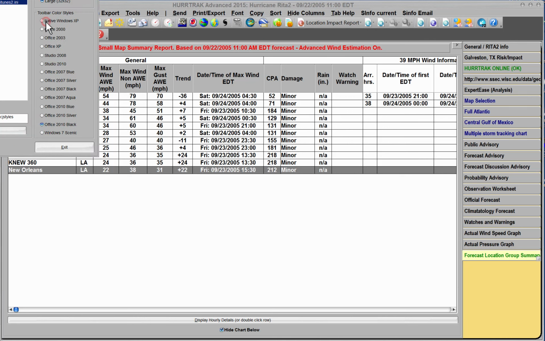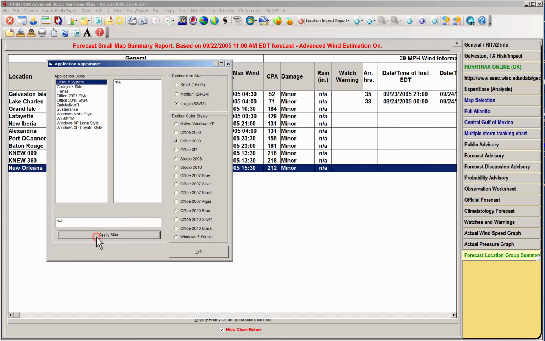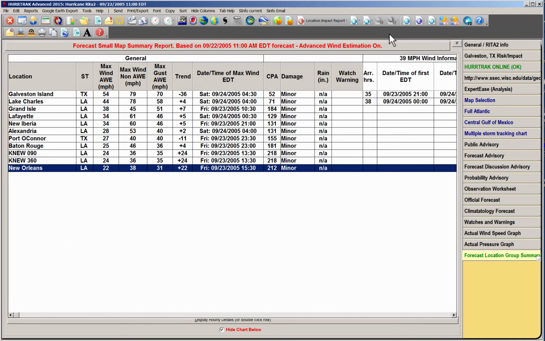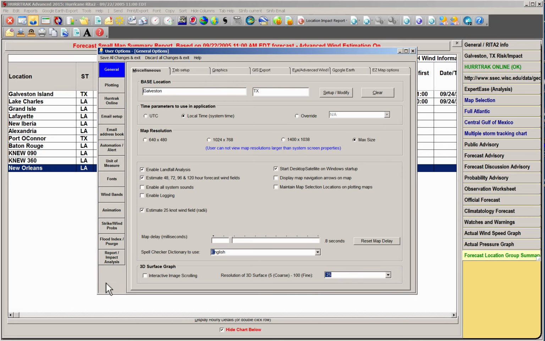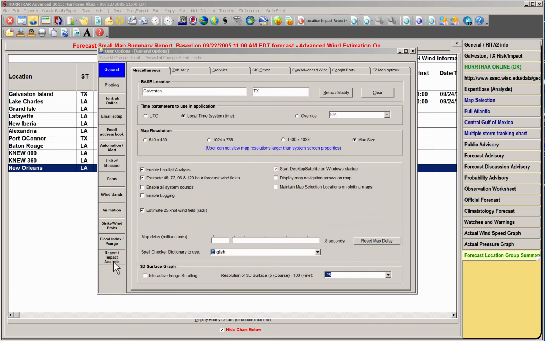Let me change the appearance on this while we're here. We'll get it back to the boring default system. So that gray may drive you a little crazy. All right, so let's go to user preferences. Here we go. And under the report impact analysis down here,